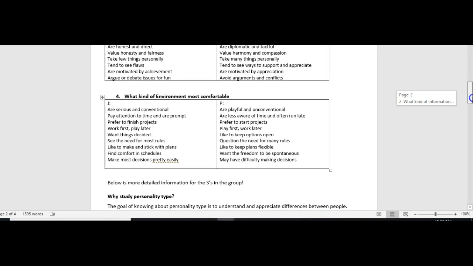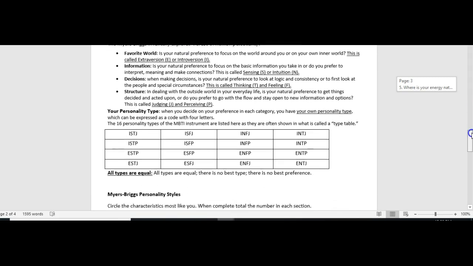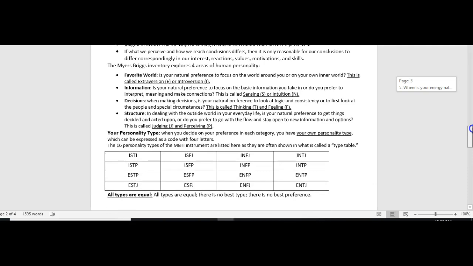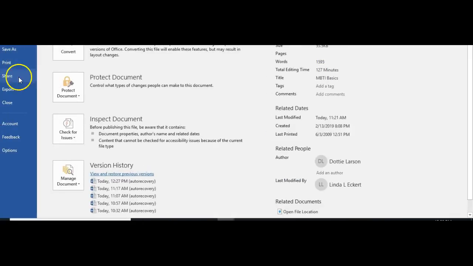Now there is more information for those S's. That was kind of the big picture, okay? For those of you who are S's or sensing, here is the supporting data with all of the details that will help you understand Myers-Briggs a little bit better. And I also hope that you read on the website what your characteristics are, because that's going to help you answer this last question for the